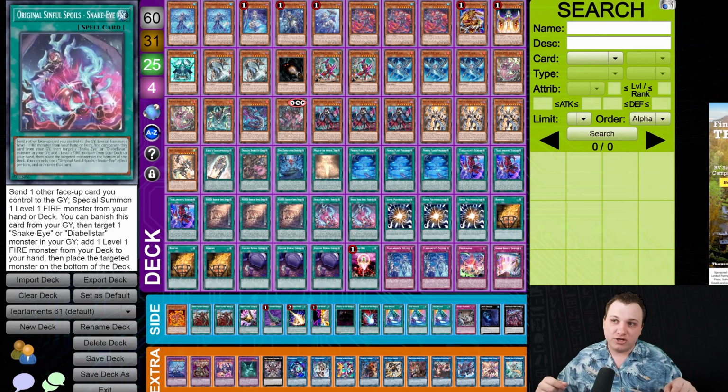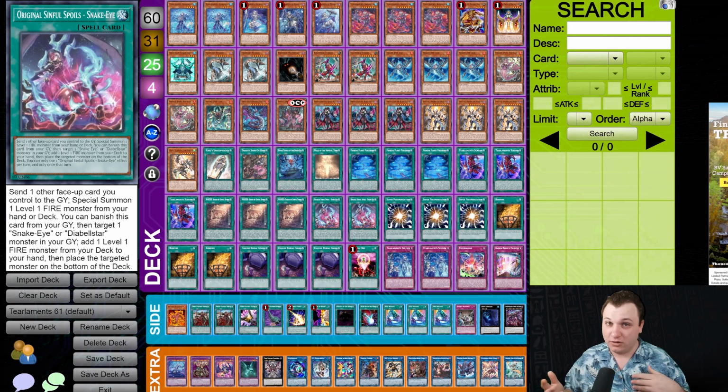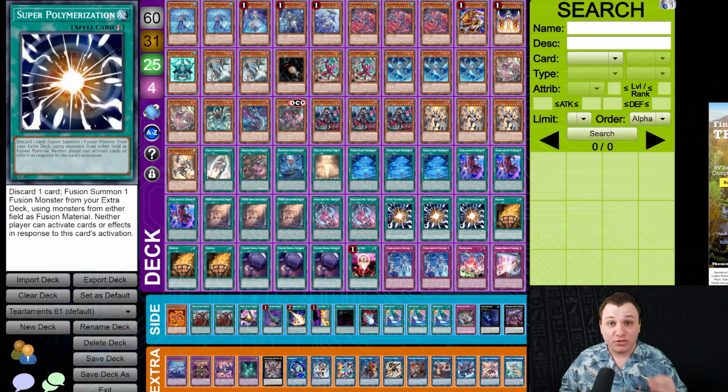We want 1 to search, and hard drawing 1 isn't too bad either because it helps you play through hand traps or going second when you're breaking boards. Plus, if you mill this with a Wanted, that's an extra draw right there, so we want to play 2. We play 3 Super Poly, just a good generic board breaker that also has synergy with our deck overall,